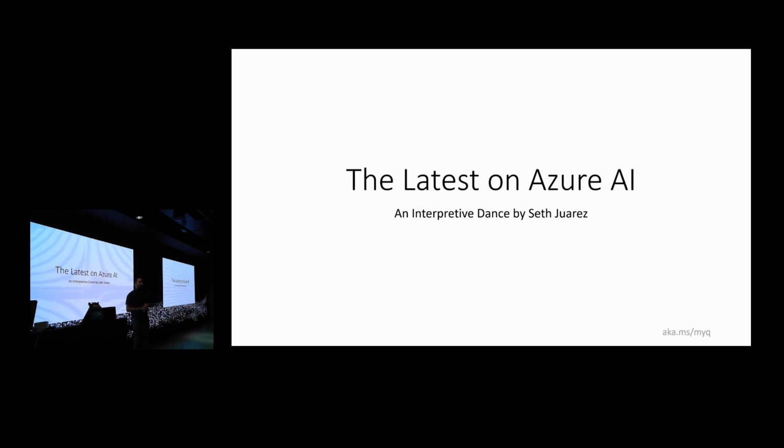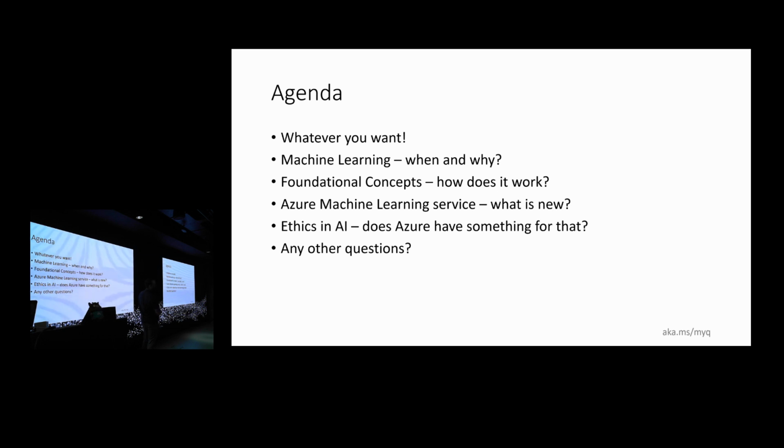Okay. So these are our options, and we can do any of them. But I've found that a lot of the demos that we talk about, stuff happens and you're like, hey, that was AI, and then you have no idea what's going on. So I can talk about how it works, literally exactly how it works. Or I could show you what's in Azure Machine Learning Service. I can do a tour around the workspace, what's in there and how it works, but I won't tell you what it's doing because that's the machine learning bits. I could talk about ethics and AI. Or I can talk about whatever you want.